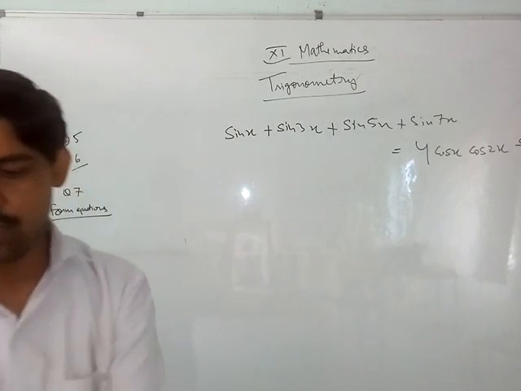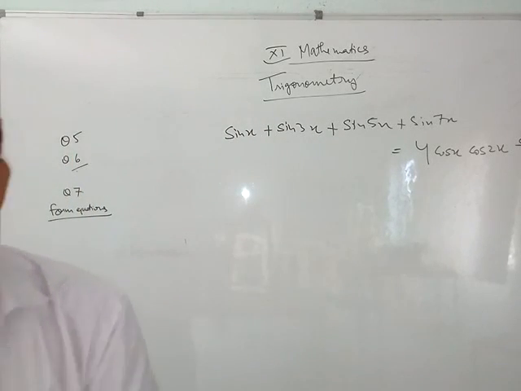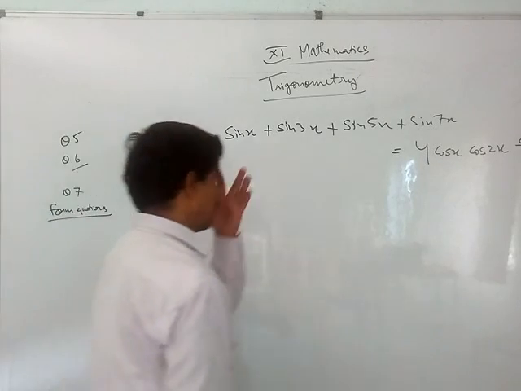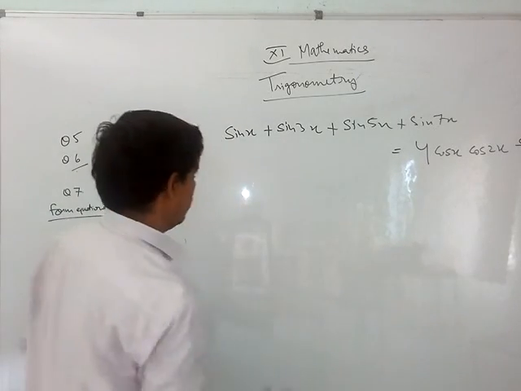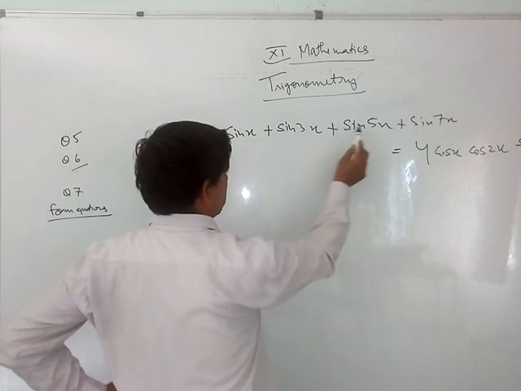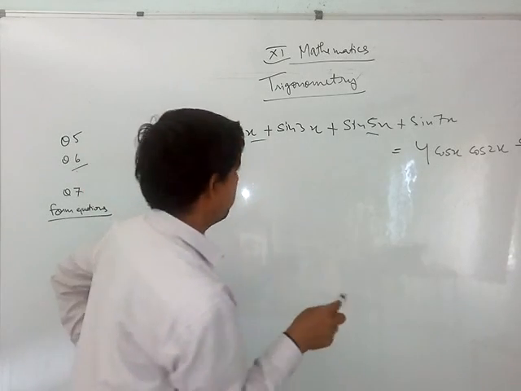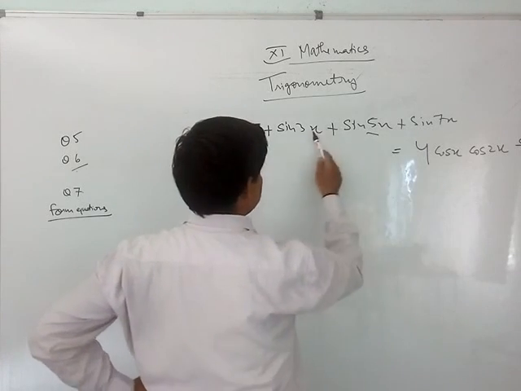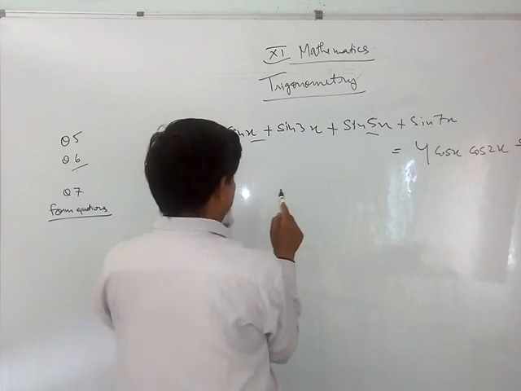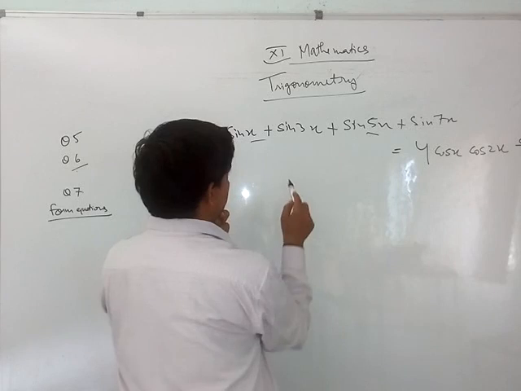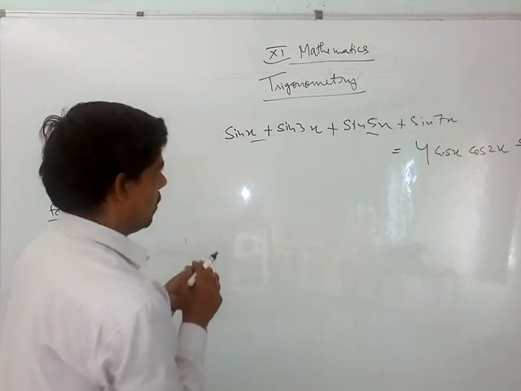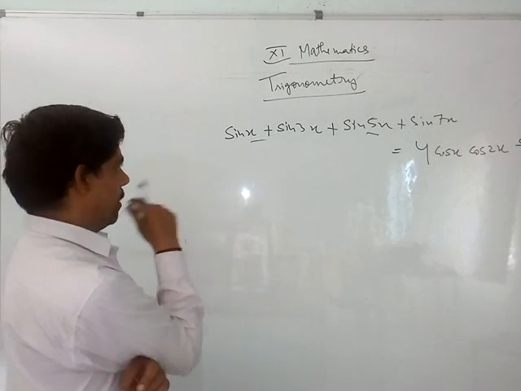You will use the formula sin C plus sin D. One more thing I'll tell you after this. First pay attention. Suppose we combine x and 5x, you get 6x, half of which is 3x. That is not 7 plus 3. So we need to combine properly. What you should combine here, you have to understand. So that you will get something common here.